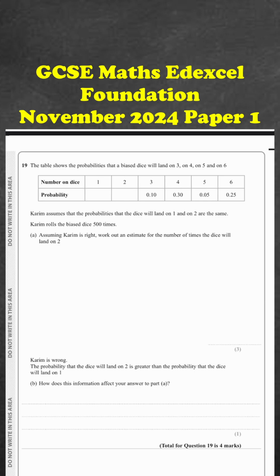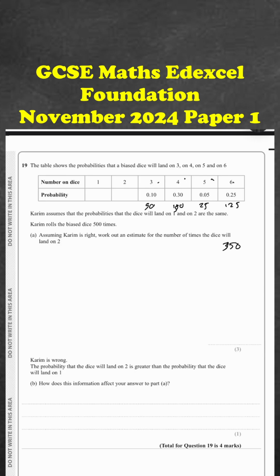So, what have we got here for the probability of the other ones? So 0.1 times 500 is going to be 50 times it's going to land on 3. 0.3 times 500 is 150 times it's going to land on 3. This one's going to be 25. And then this one's going to be 125 times. So, adding up all 4 of these, you have 150, 300, 350 for the dice to land on 3, 4,